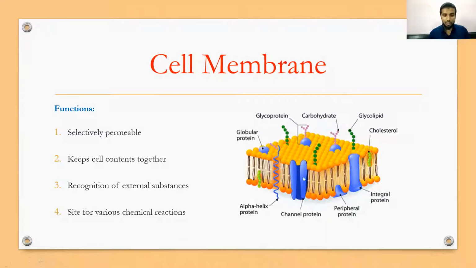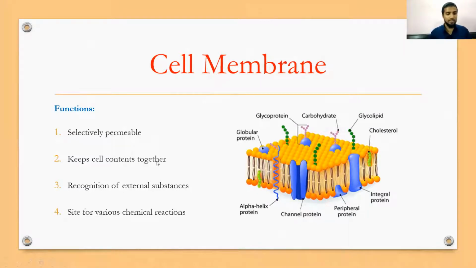You can see the blue structures, they are the receptors, and all receptors are proteins. All these receptors are responsible for entrapping drug molecules or other molecules such as carbohydrates or lipids. You can see the attachment of a carbohydrate here to the protein or receptor. You can see the glycoprotein or globular protein and glycolipid attached, and cholesterol that is passing. Cholesterol is highly lipophilic, so it can easily permeate the cell membrane. And these are the different proteins through which transport of ions takes place.